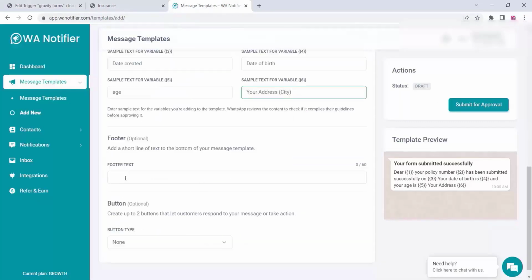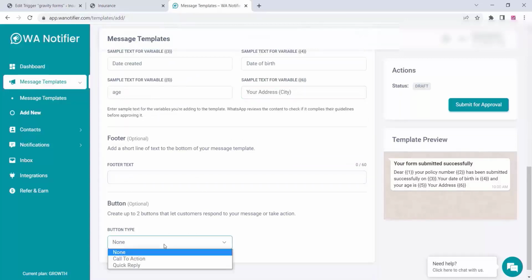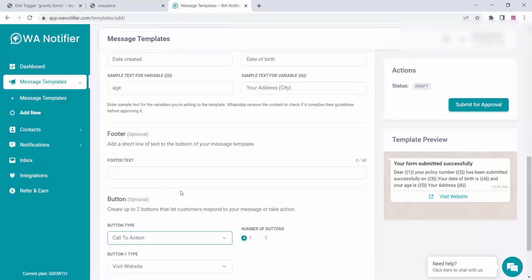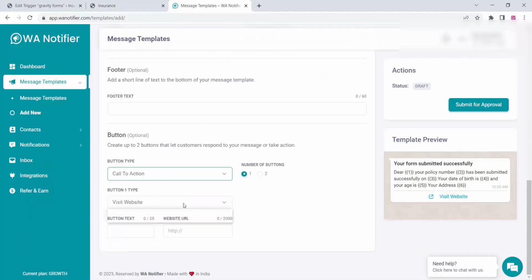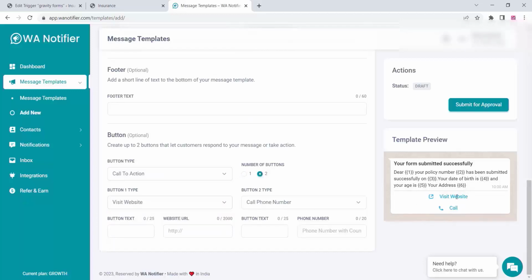Okay guys, now we can go to the footer text option, and if you want you can add the footer text and the button type. You can choose the button type like visit website or call phone number, etc. here, and if you want you can choose both of them, and you can just create a button text here. You can add track order or whatever you need, and you can add your website URL,